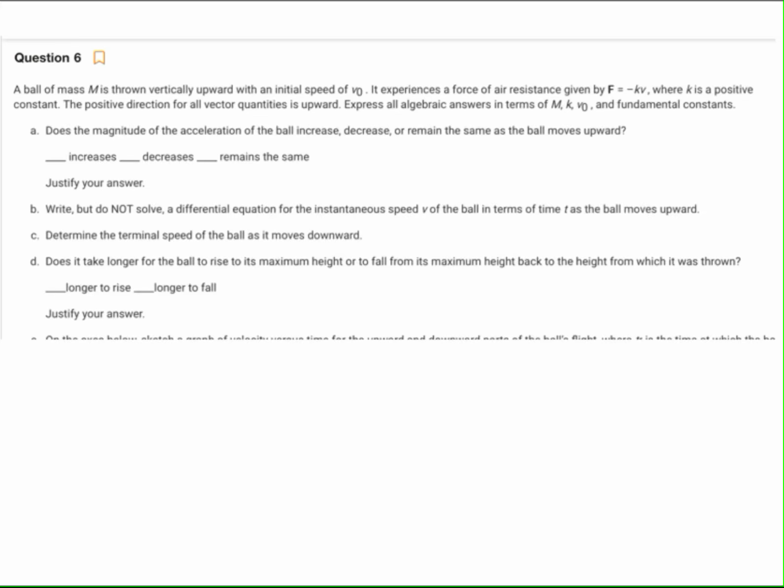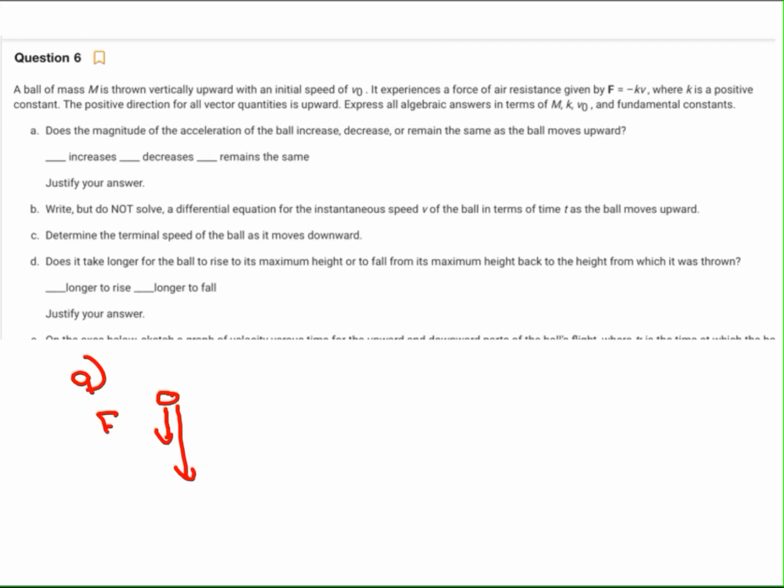Question 8. Okay, question 8 was tricky. Slide 6 rather, sorry. Slide 8, I apologize. Okay, so for A, it says, does the magnitude of the acceleration of the ball increase, decrease, or remain the same as the ball moves upwards? Okay, so here's the trick. As the ball is moving upwards,